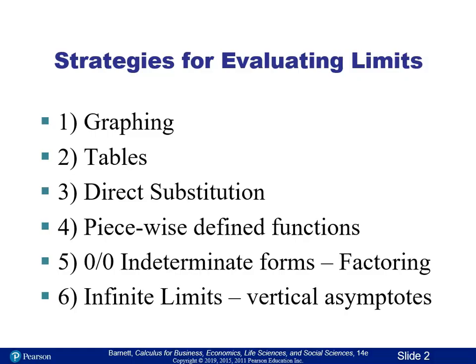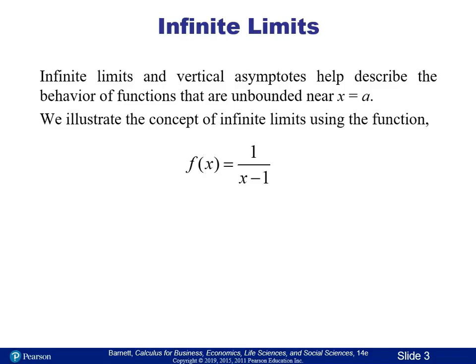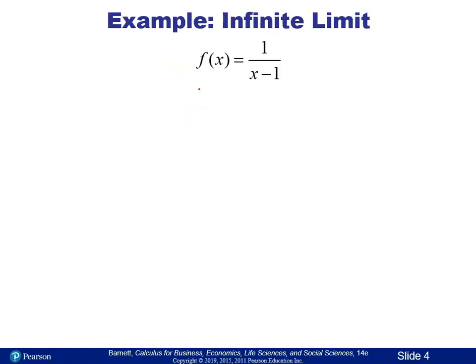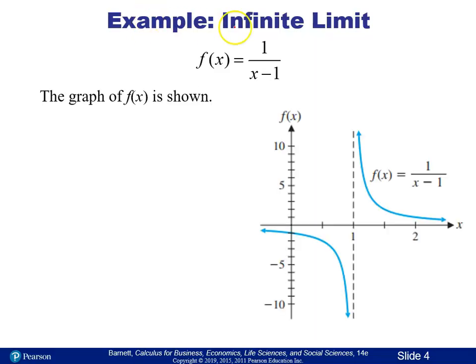So infinite limits often occur near vertical asymptotes. So we're going to take a little bit and consider what a rational function looks like and how these infinite limits exist. If we have a rational function, we looked at these back in chapter 1, where we have a numerator and a denominator. And we talked about where the domain is undefined. So for one like this, the place where the domain would be undefined would be at 1, because when x equals 1,